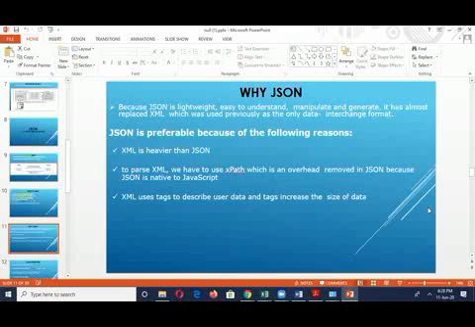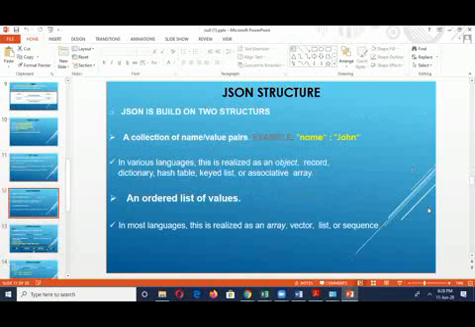XML is heavier than JSON, but JSON is lightweight, so JSON is preferred as a data interchange format. XML uses tags to describe user data, and tags increase the size of data. In XML format, we use many tags. So JSON is used for lightweight processing. So, next slide, sir.